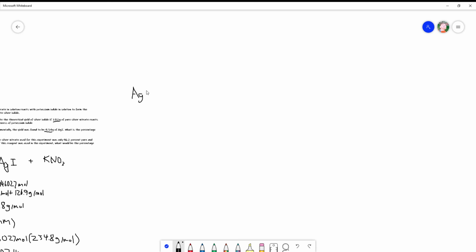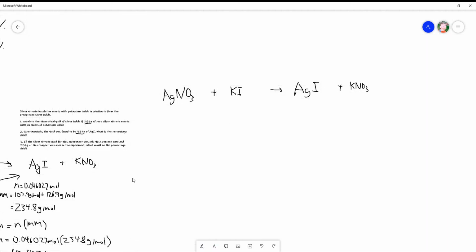silver nitrate plus potassium iodide reacts to produce silver iodide and potassium nitrate. And they tell us that